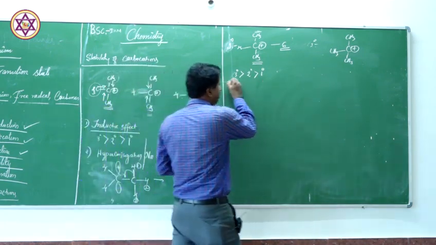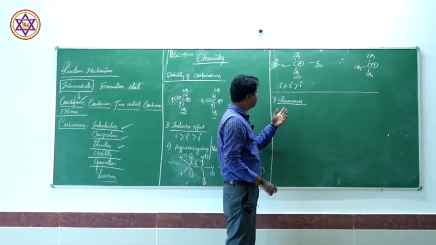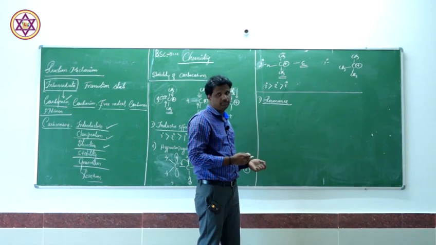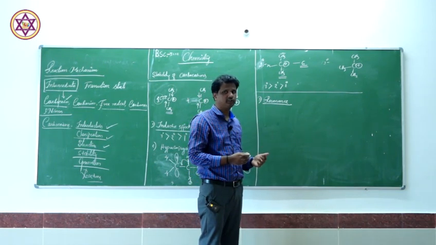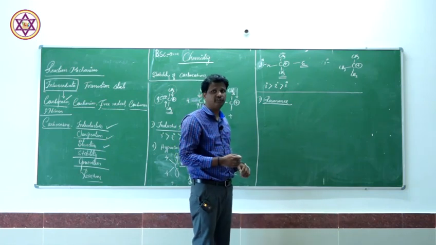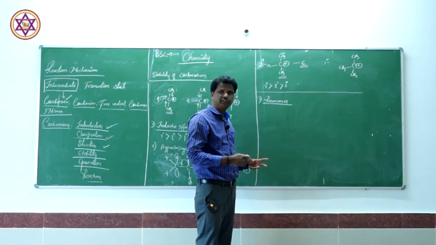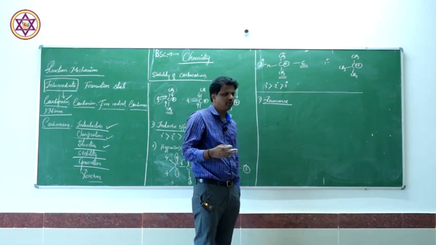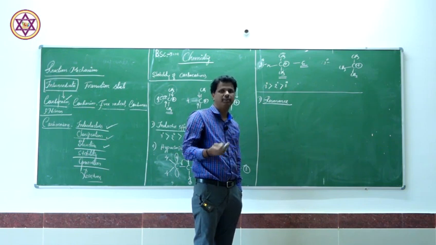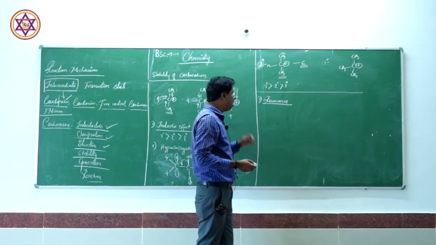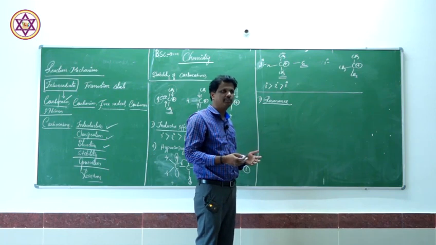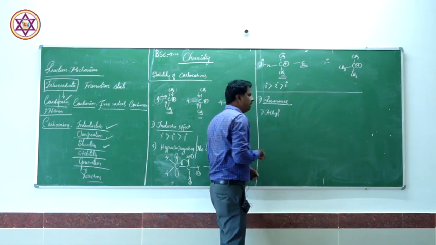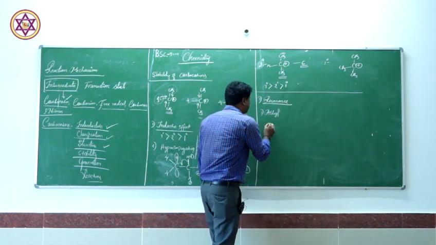Now moving to the next point. The next criterion is resonance. So far we have seen how the stability of a carbocation can be explained based on inductive effect and hyperconjugation effect. The last one here is the resonance effect. There is too much information regarding resonance, so we will try to limit it to allyl and benzyl carbocations. Let me show how resonance actually influences the stability of carbocations. The first one is allyl carbocation. I am taking a simple example here.